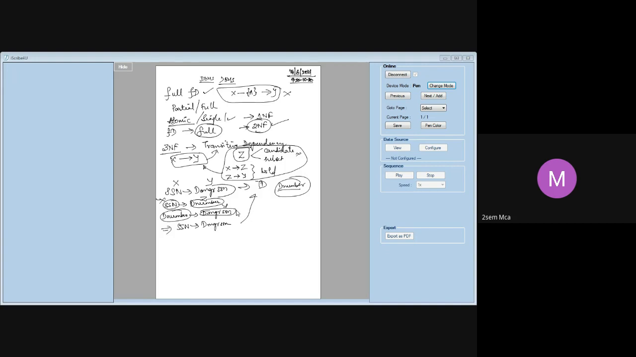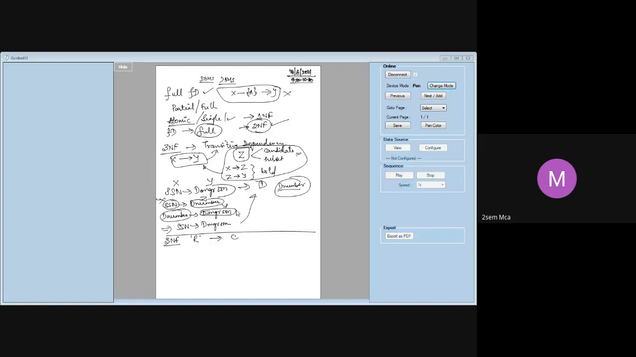Right now, let us see what that states. Third normal form. A relation schema, that is a table R, is said to be in third normal form if it satisfies...